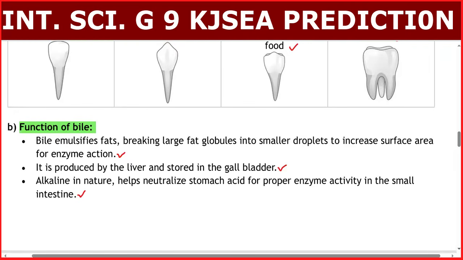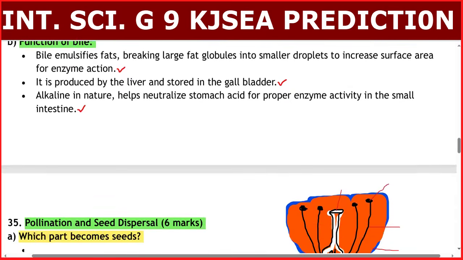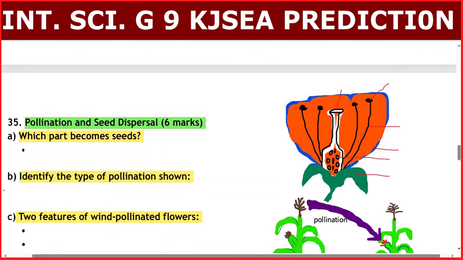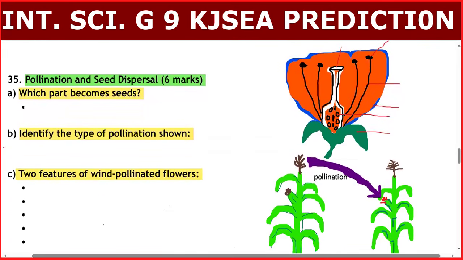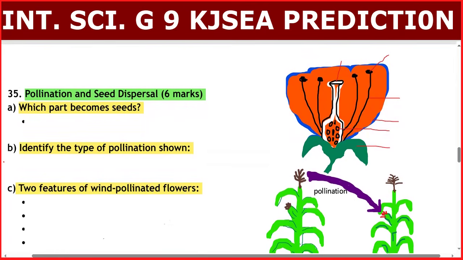Then another question, we go to question number 35. Look at question number 35. In question number 35, as you can see, we have this part here. This is a flower. Which part becomes the seed? So this part